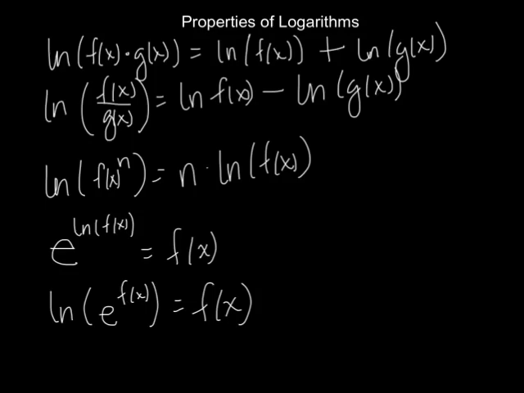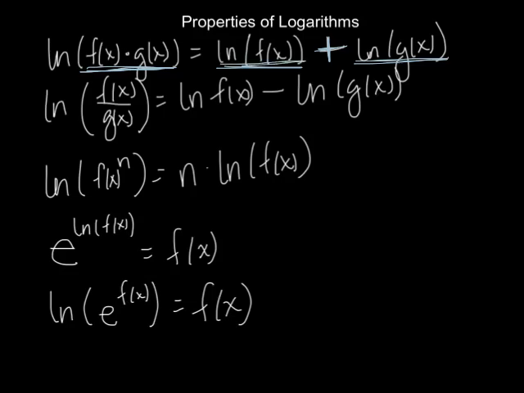So some properties of logarithms, there's a couple here that will be useful. The first one is the logarithm of a product. So if we take the log of f times g, it turns out it's the log of f plus the log of g, natural log of g. Now remember, it's the relationship between exponents, right? If we're multiplying the same base, and we have two different exponents, what do you end up doing? You add the exponents together.